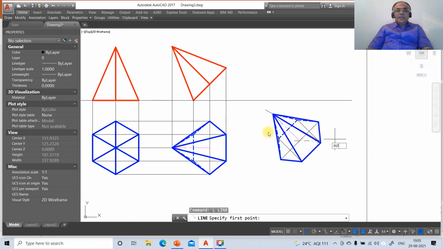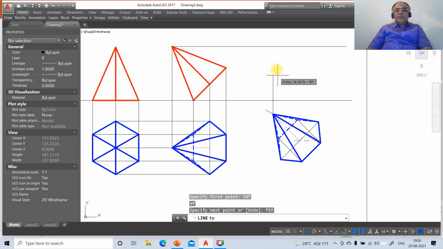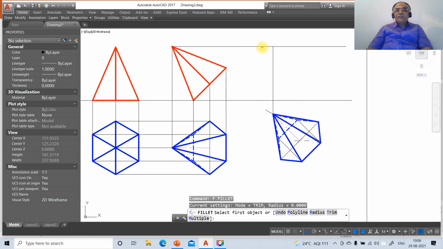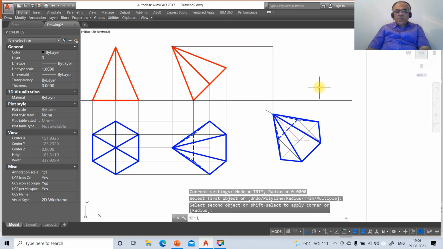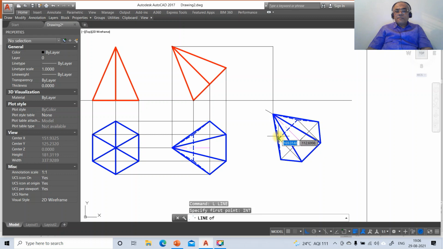Then go to line, take int of this and draw a horizontal line, and take line, int of this and draw perpendicular to this line. Then go to fillet between this line and go to line, take int of this and draw perpendicular to this. Go to line, take int of this and draw perpendicular to this line. Similarly line, take int of this and then go to line, take int of this and draw perpendicular to this